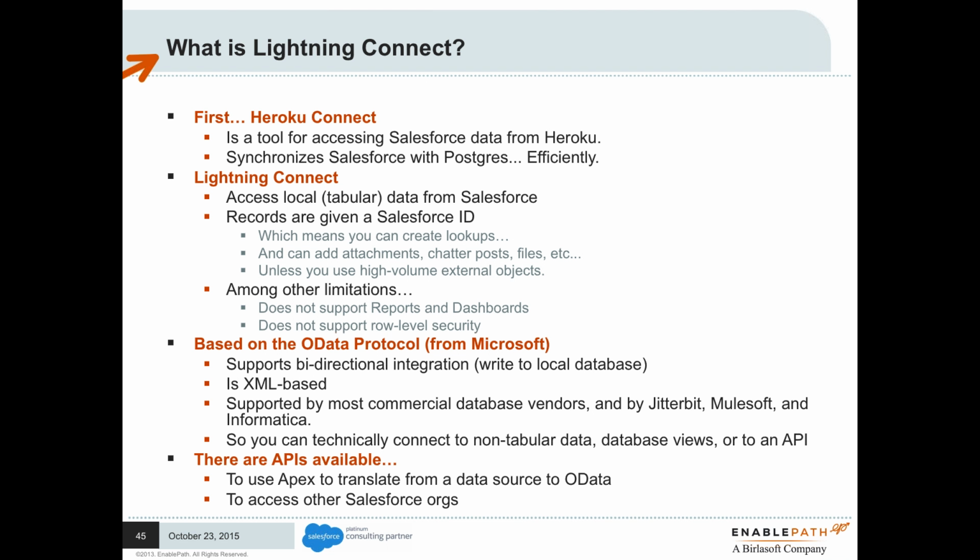Lightning Connect is the reverse. It allows you to access local data in a tabular format from Salesforce, meaning that you can have order records, order detail records, shipping records, student grade information, etc., that is stored on a local server and only served up to Salesforce when it's requested. When Salesforce gets those records, it creates a Salesforce ID and associates it with your external ID that you defined on the external database, which means that you can create lookups, you can add attachments, chatter posts, etc.,